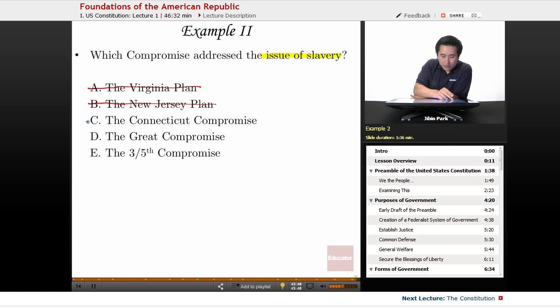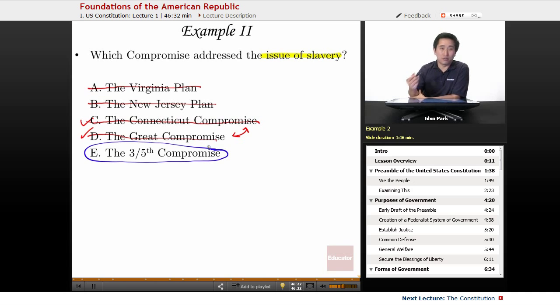Was it the Connecticut Compromise? No. The Connecticut Compromise, or the Sherman Compromise, or the Great Compromise, these are basically saying the same thing. The Connecticut is the Great Compromise. That's basically what resulted in the Constitution that we have, with a House, a Senate, a single executive, a Supreme Court. This is basically what ended up happening. So the slavery issue was resolved temporarily with the 3/5 compromise. So all non-citizen individuals, basically slaves, would be counted as 3/5 of a person.